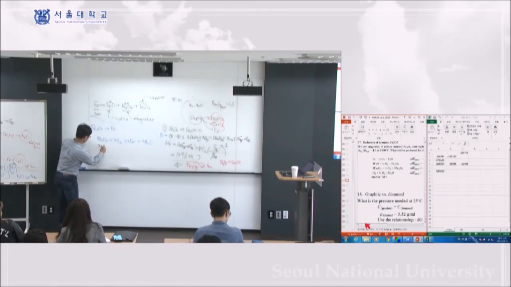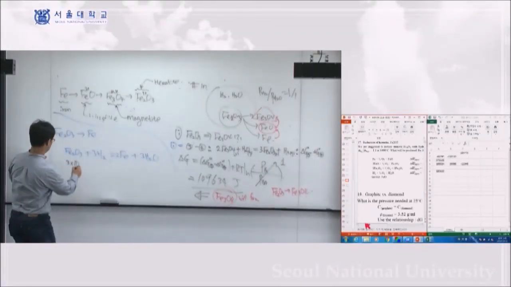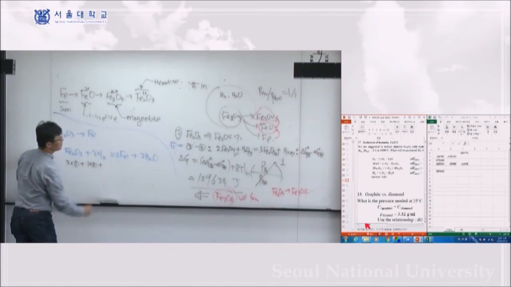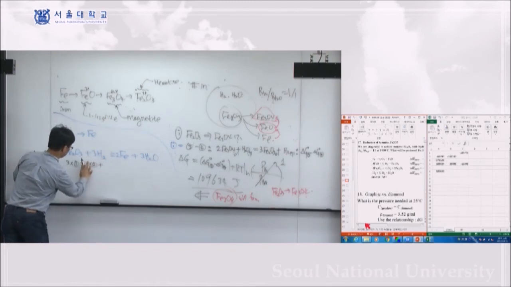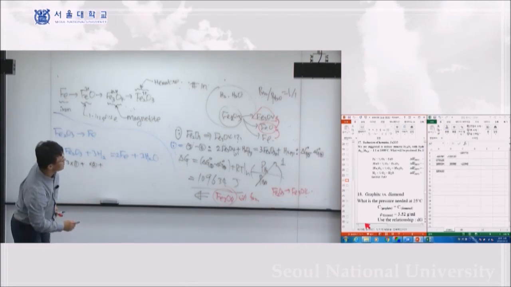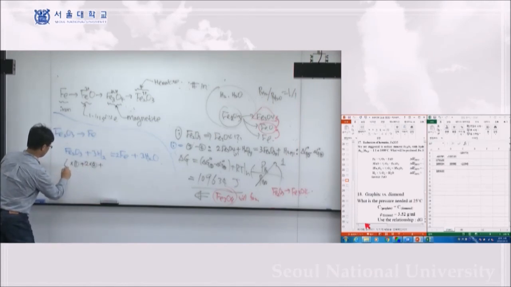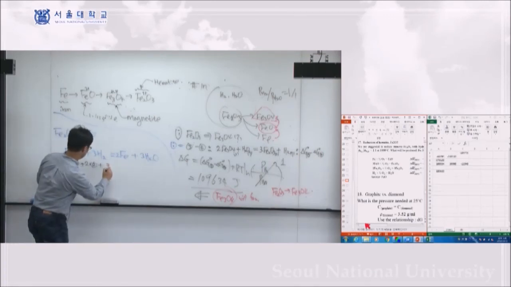So 3 times of the number 1 reaction plus 1 time of the number 2 reaction, and then it will form FeO, and then FeO, Fe3O4, Fe3O4 will be, so this is 2 times. This will be 2 times. This is 6 times. And then last one, 1 time of number 3